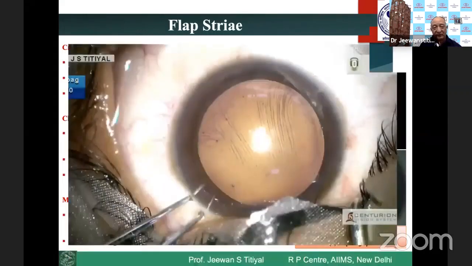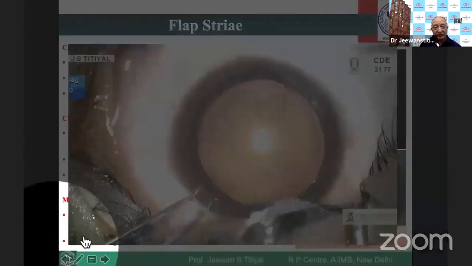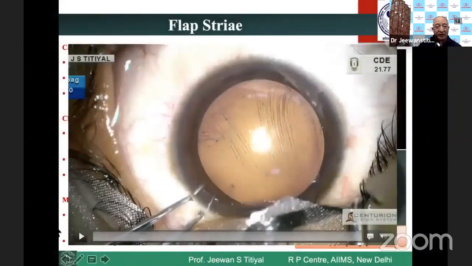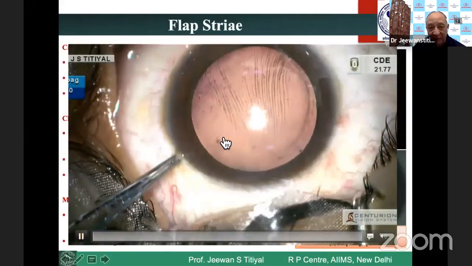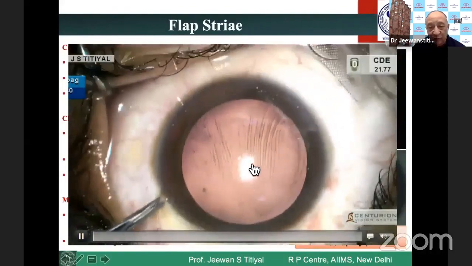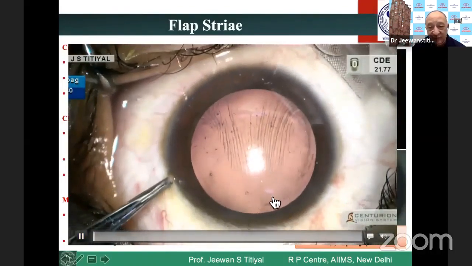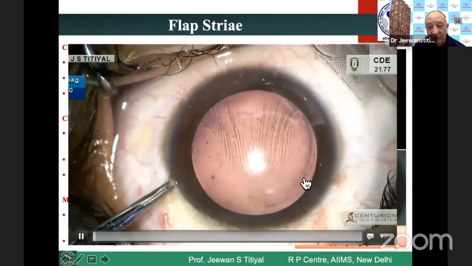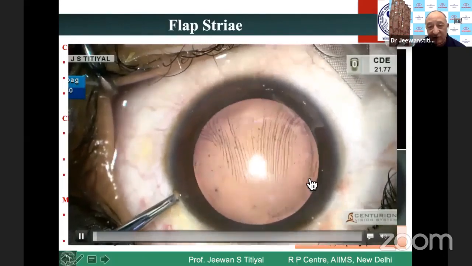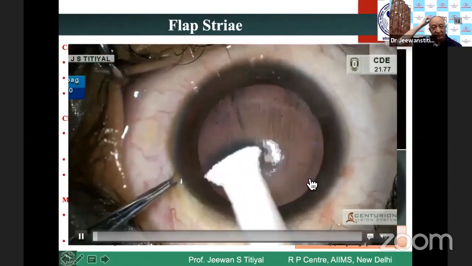Now a case. This is one of my cases where the patient came to me after 24 hours of surgery. You can see the clear flap is visible here. You need to dilate the pupil to see the orientation of the flap. You can see a little bit of decentration of the flap. This happens normally in cases with physical trauma.